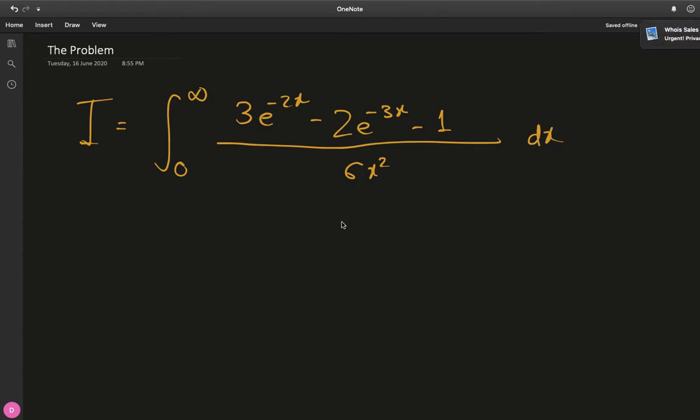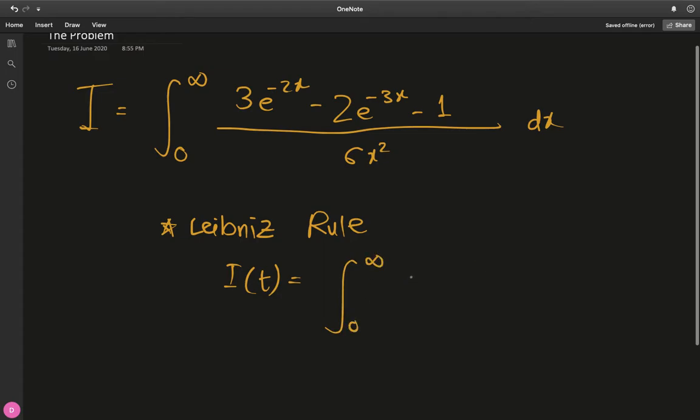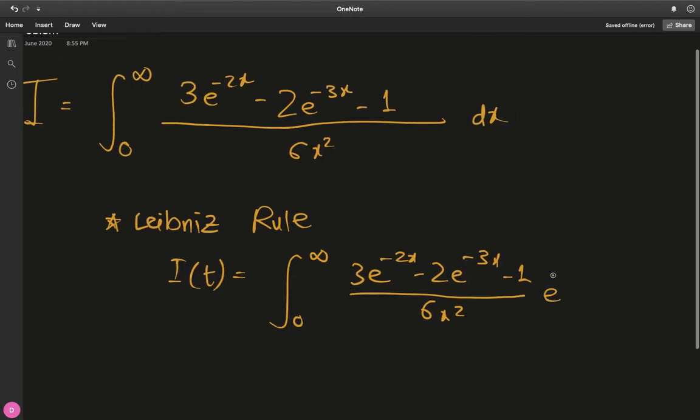Now if you're thinking that this question is pretty trivial, then I mean you're not wrong, because you can see that this can be solved using Leibniz rule or Feynman technique of integration, where you just select this parameterization. Say I of t is equal to the integral from 0 to infinity of 3 times e raised to negative 2x minus 2 times e raised to negative 3x minus 1 divided by 6x squared times e raised to negative